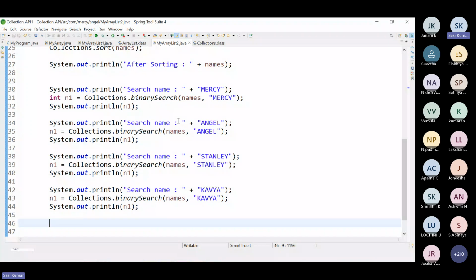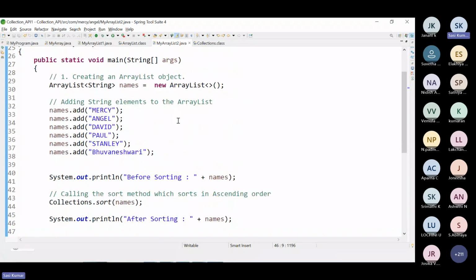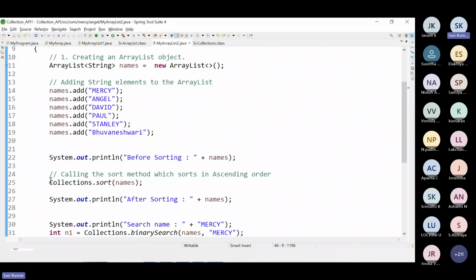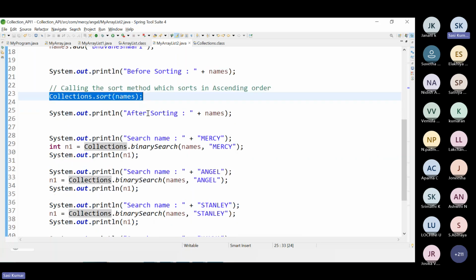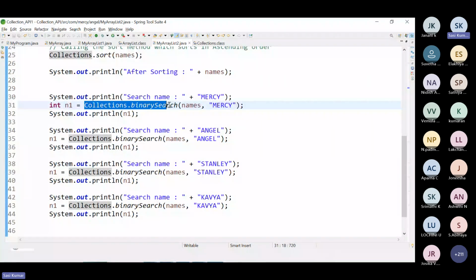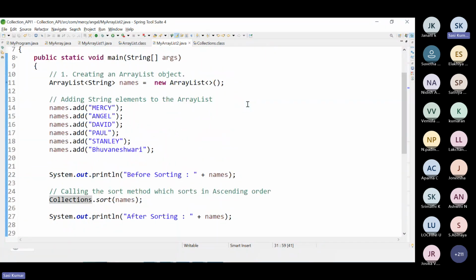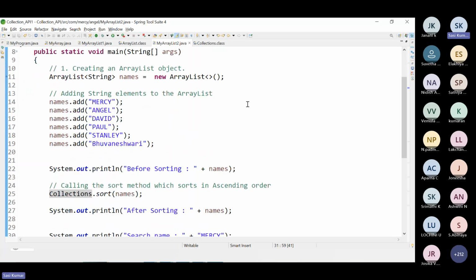Then you really need not worry. You only need to know how to call it. What is the first condition? You need to sort, so you call Collections.sort. Then what is the second condition? Again you need to pass the list. If you know only this much, they are very sure that you know the concept and you are very good in hands-on work. This is what industry expects.